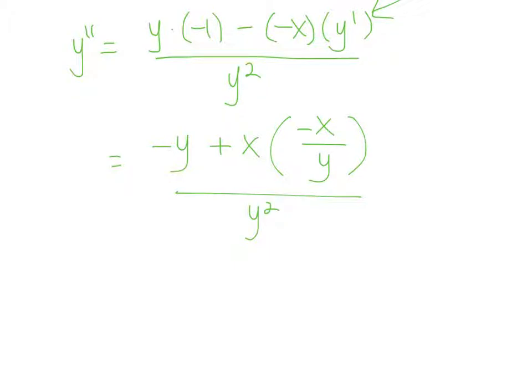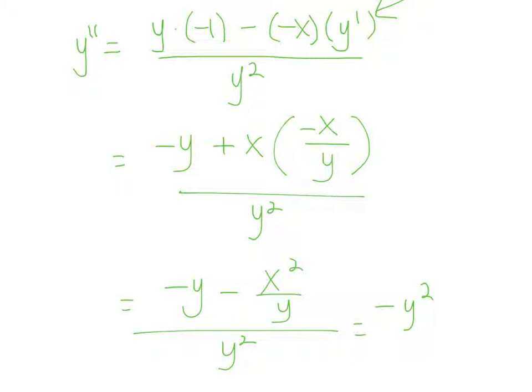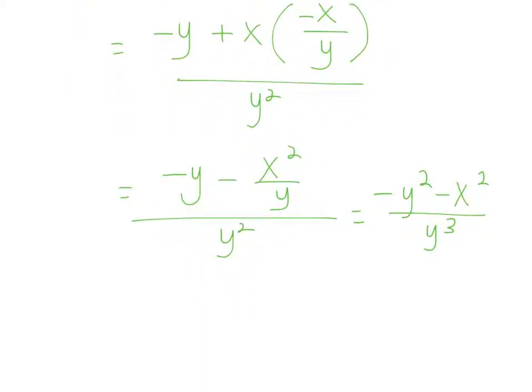And if we do a little bit of math, you get negative y minus x squared over y, all over y squared. If I multiply the top and bottom by y, I get negative y squared minus x squared over y cubed. And then one more step, I can factor a negative out of the top, and I'm left with x squared